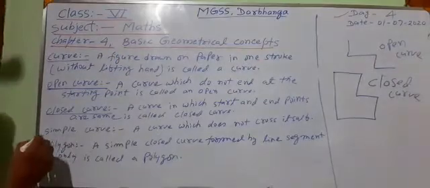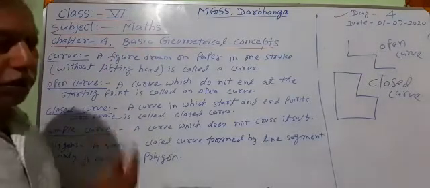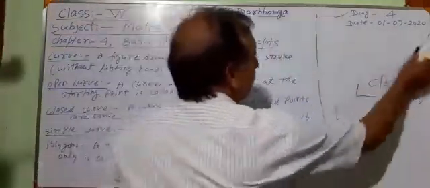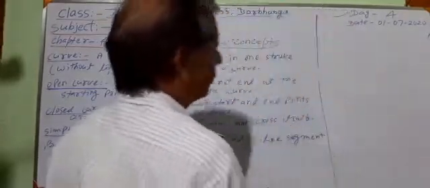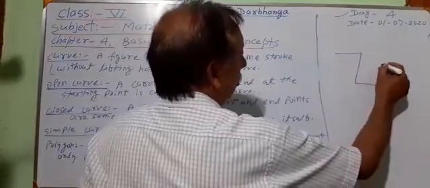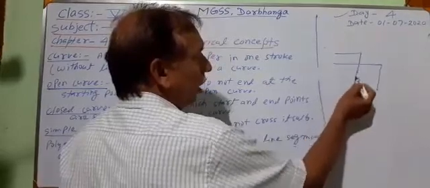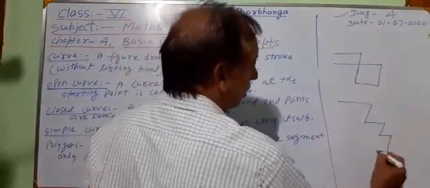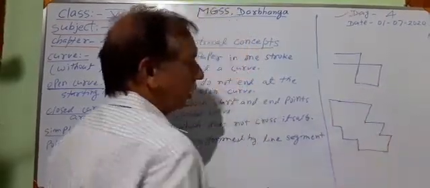Now third is the simple curve. What is a simple curve? We have already read it; this time we are revising, then we shall discuss a new topic. Draw two curves. This is a curve, and here one side is crossing the other side. And draw another curve. This is also a curve, but no side is crossing another side.